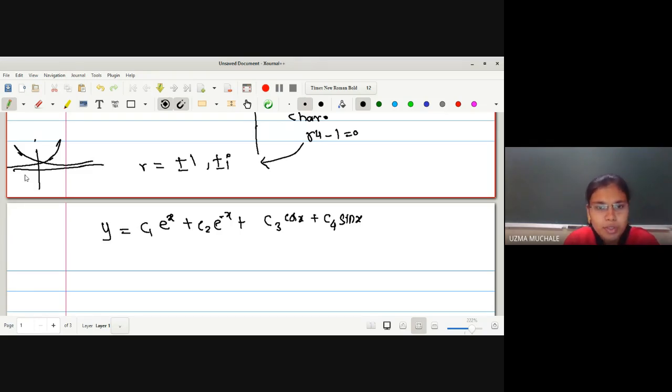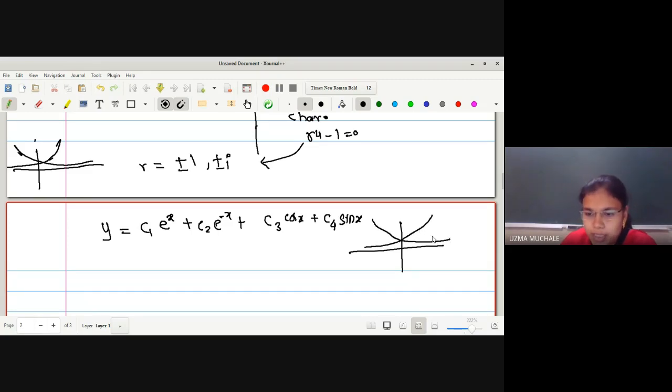Correct? And if suppose you take any other function, just like I told you just now, y is equal to x square is also positive. But if you check the value of x square at x equal to 0, it will be equal to 0. But if you are going to find the solution of any differential equation, it should be true on our real line. So this y is equal to e raised to x or e raised to rx, you can have the graph of them like this, correct? So this is e raised to x and this is e raised to minus x. So you can see here the graph is not going to touch your x-axis anywhere.